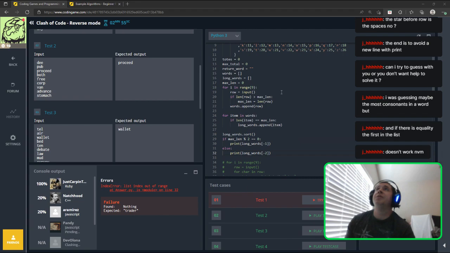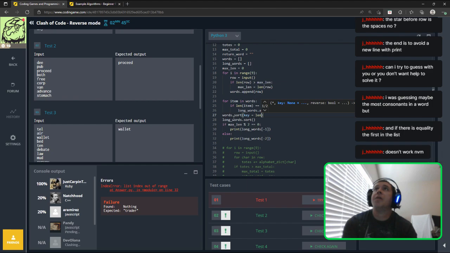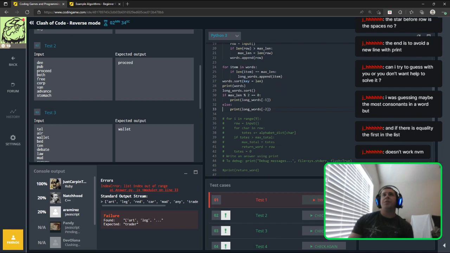So if we did this, I've actually just did words dot sort key equals length, print words. Let's see if that's doing what I'm trying to do. So then it sorts it by length, and now